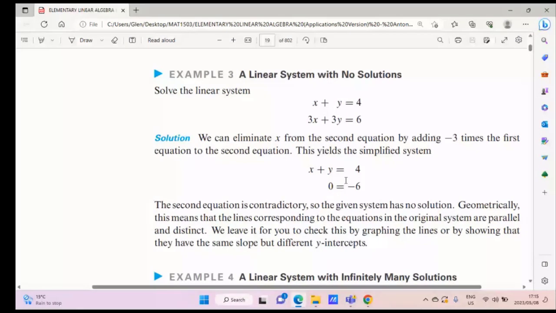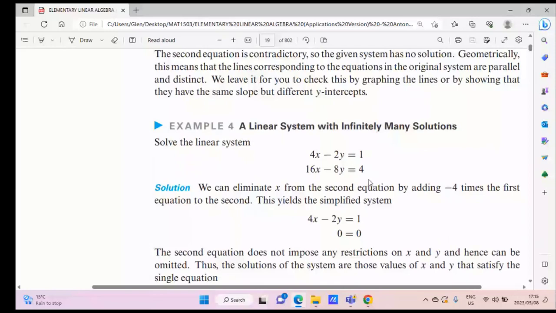Is this making sense to you in terms of why we are saying this system has no solution? If it does, now let's look at this other example